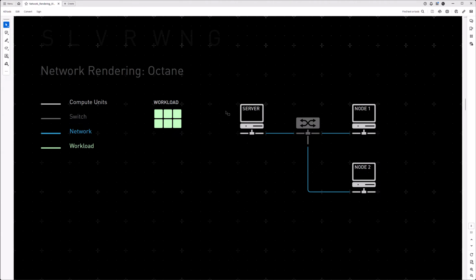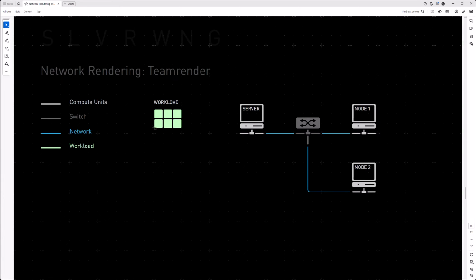Alright, small chart time here to show you the advantages of the team rendering compared to Octane's network rendering that we looked at last week. Small recap what Octane's rendering service is about. So we have a workload of different frames. Octane takes one frame, dices it into chunks, and then feeds it to the nodes. This has the advantage that all of the machines on one network can render on one frame, which can be good if you are only rendering one frame, but is bad when you're rendering animation, because there's constant back and forth between the server and the nodes to communicate what to render and what samples to send, which can lead